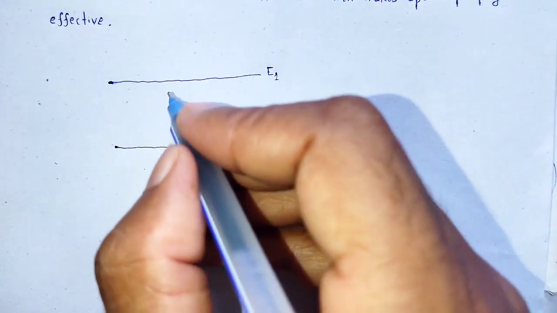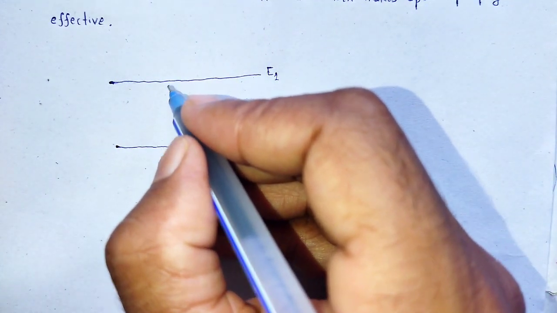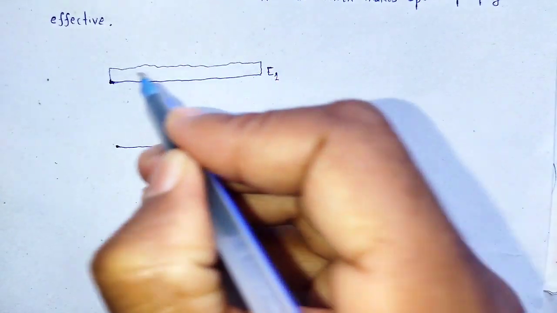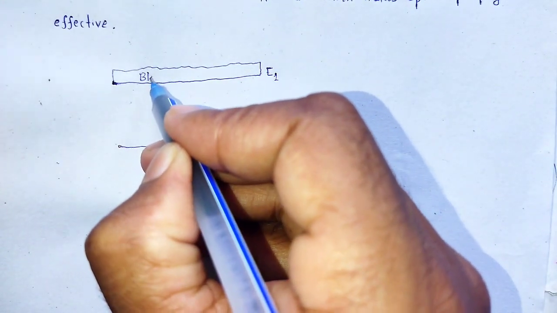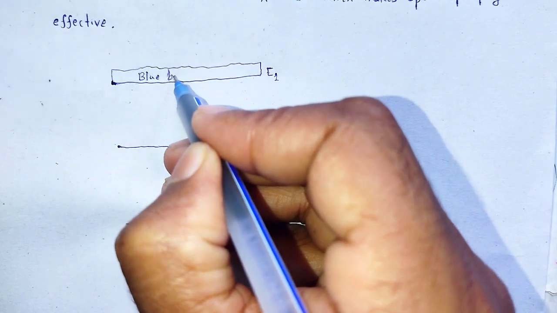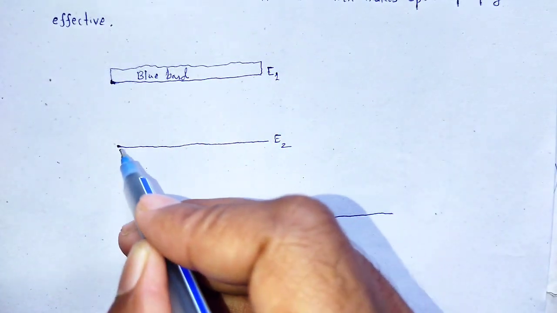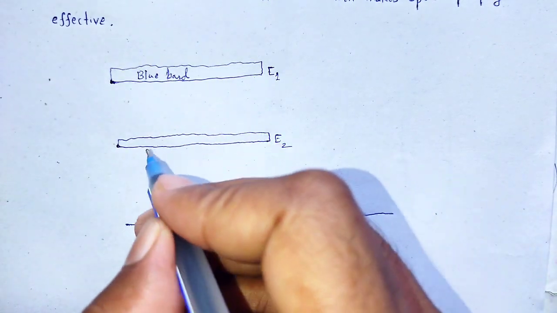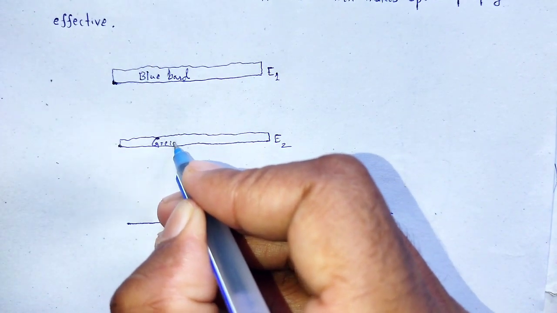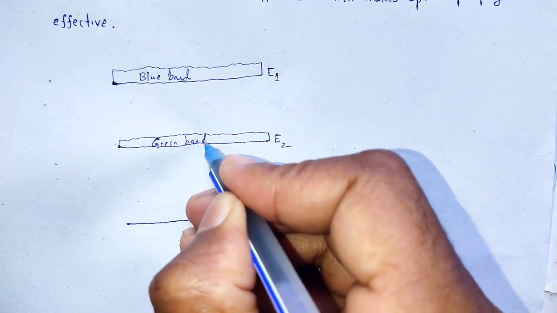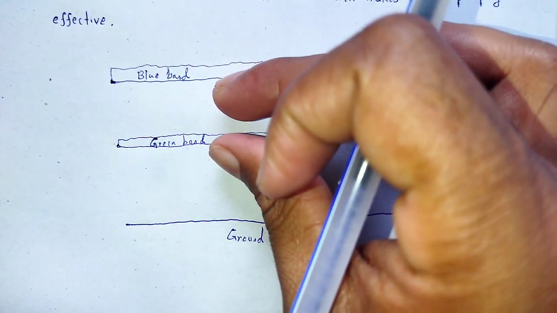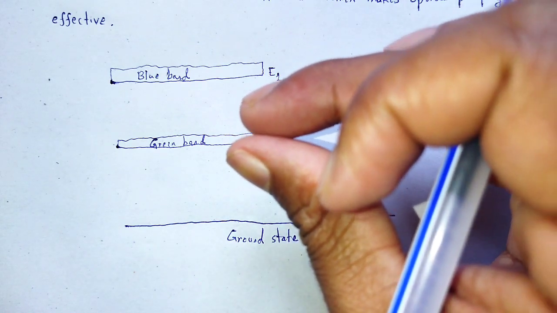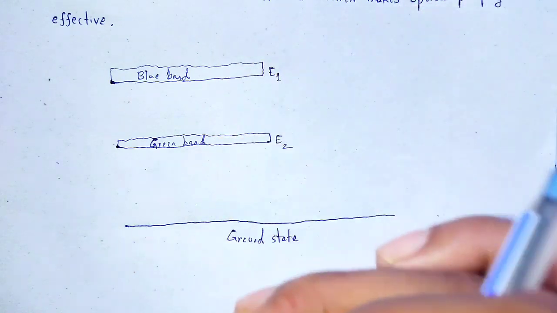Let E1, that is the blue band, and E2, that is the green band. In between these two bands, there will be a difference of 1000 angstrom